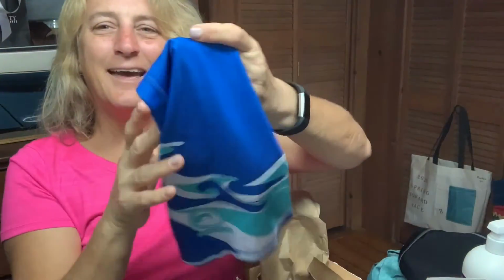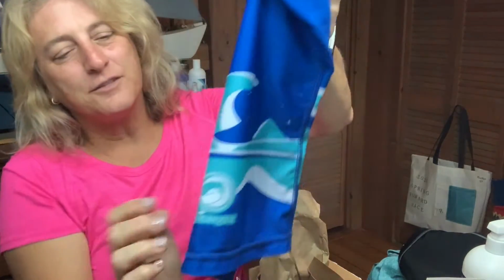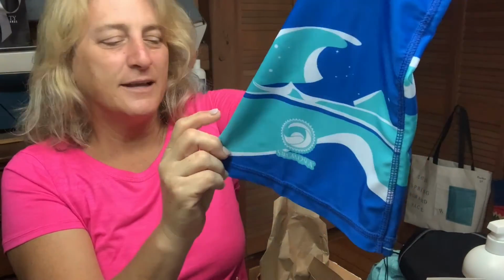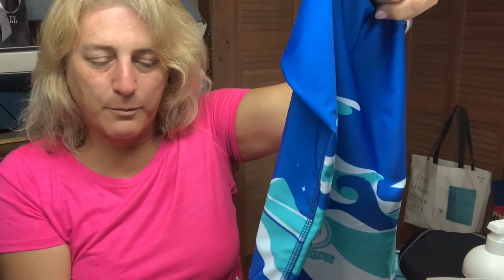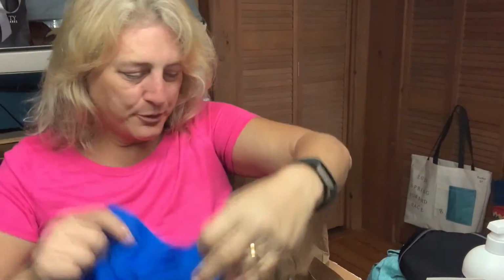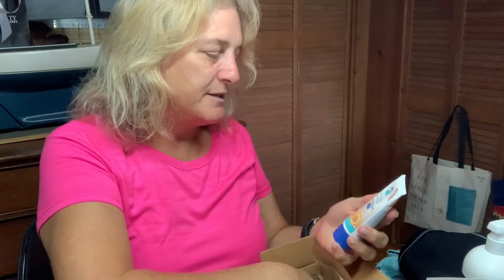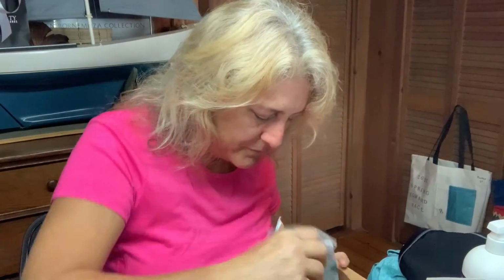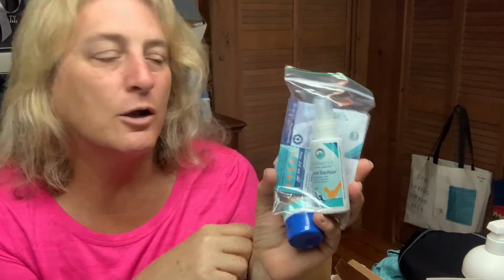Oh, look at that. It's a neck gaiter, and it's got the Stream to See logo on it. And this is from Recode Tex, an environmentally friendly fiber. Oh, this is absolutely perfect. And what else is with it is a tinted sunscreen, perfect SPF 20. And this is hand sanitizer, a spray hand sanitizer. It is shipped in a bag because they are required to be shipped in a bag because there's alcohol in here,